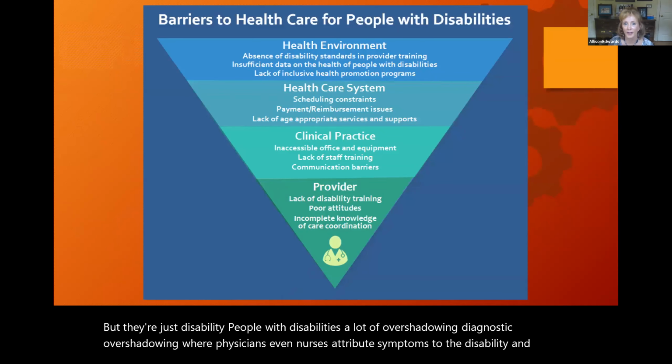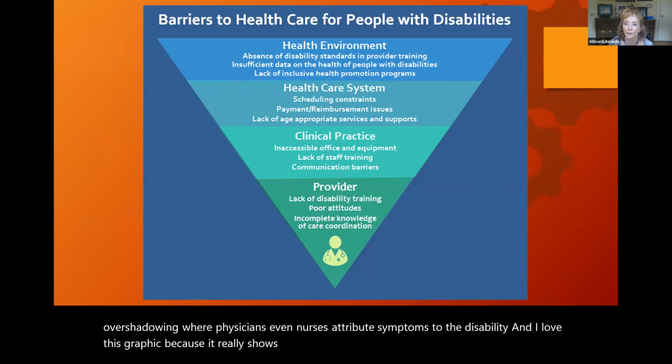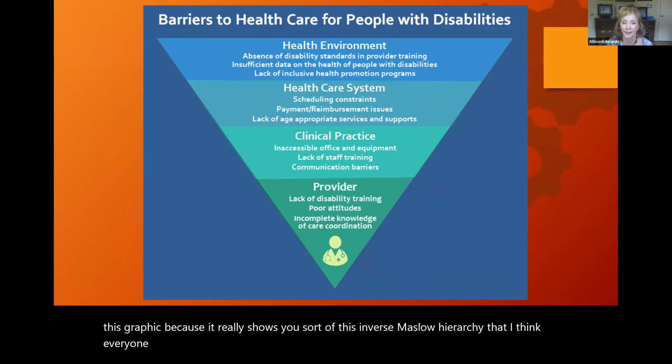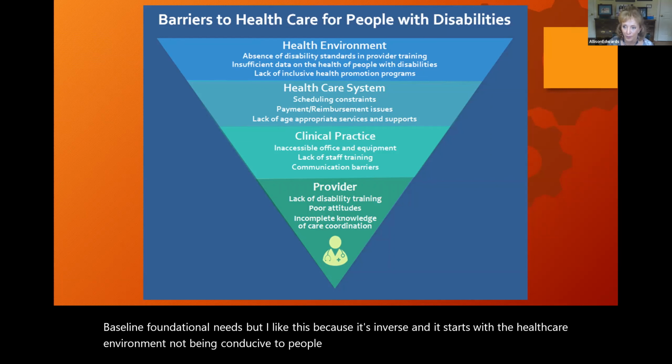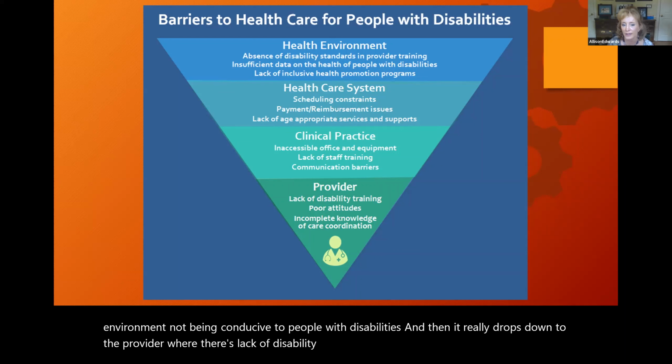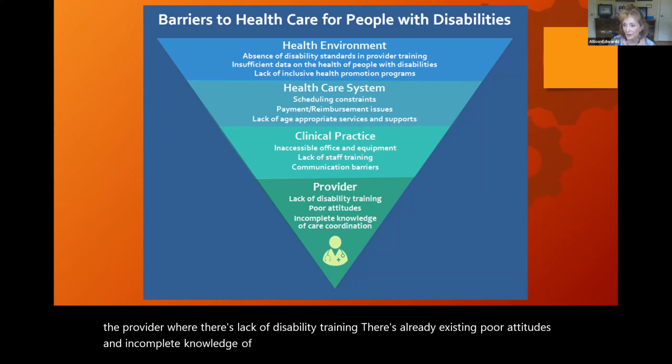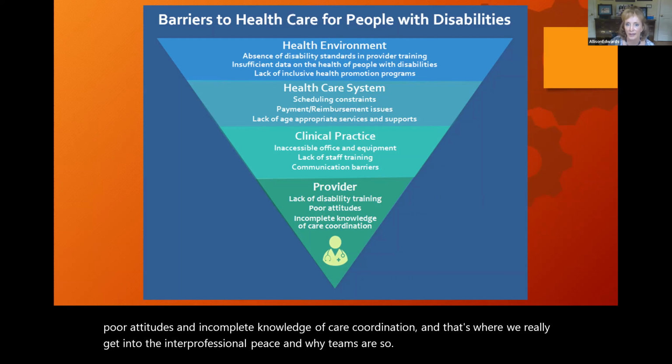And I love this graphic because it really shows you sort of this inverse Maslow hierarchy that I think everyone in nursing school in our era was introduced to, baseline foundational needs. But I like this because it's inverse. And it starts with the healthcare environment not being conducive to people with disabilities. And then it really drops down to the provider, where there's lack of disability training, there are already existing poor attitudes, and incomplete knowledge of care coordination. And that's where we really get into the interprofessional piece and why teams are so immensely important to caring